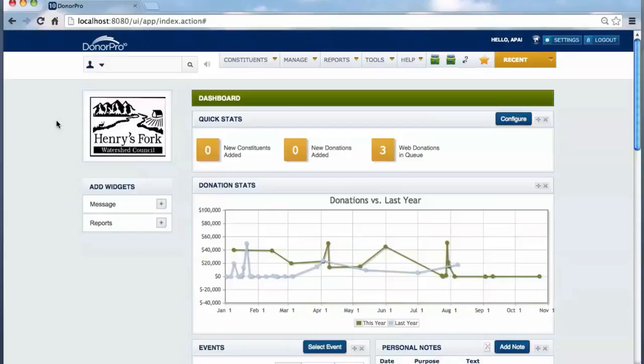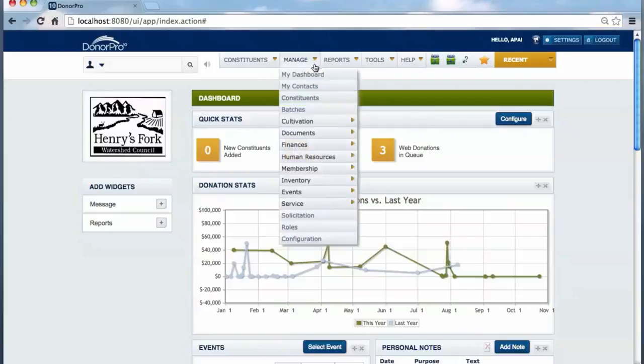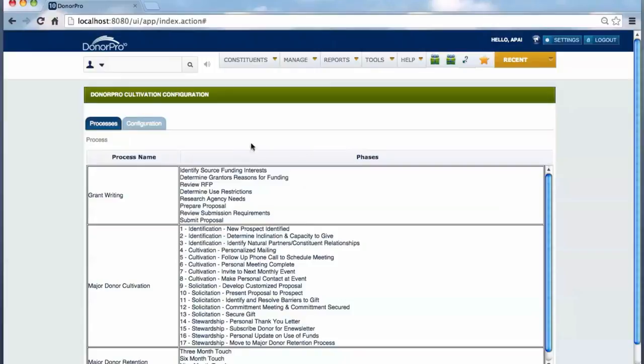If I come to the top and choose Manage, and then down here to Cultivation and Configure, I can see which predefined processes and then every phase within each process that we have set up here for our organization. If I'm working in an individual's record,